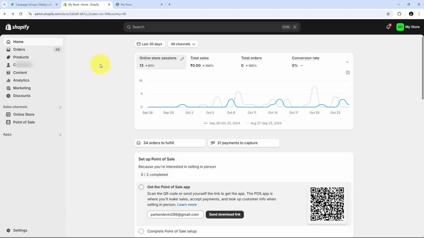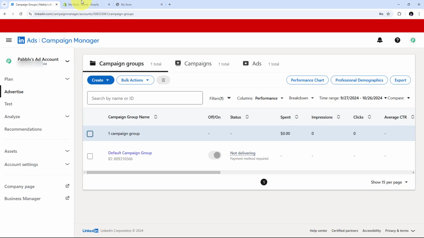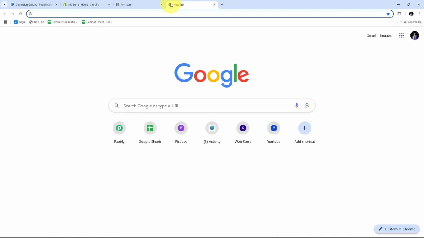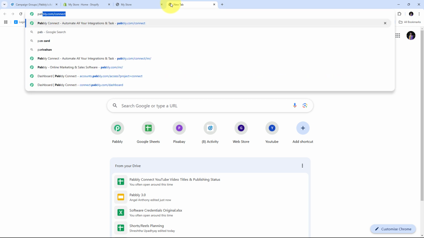So I will create this connection between LinkedIn lead gen ads and Shopify with the help of Pabbly Connect. Pabbly Connect is an amazing software for automation and integration, and with it I can build this connection without any coding or programming skills. So for using Pabbly Connect, I need to open a new tab and search for pabbly.com/connect in my browser,